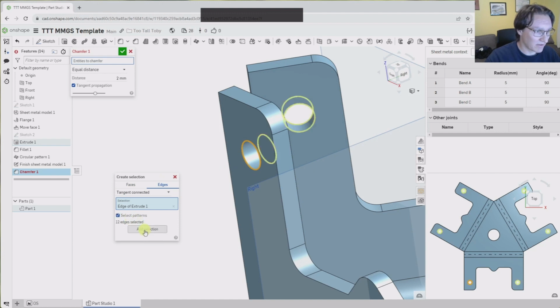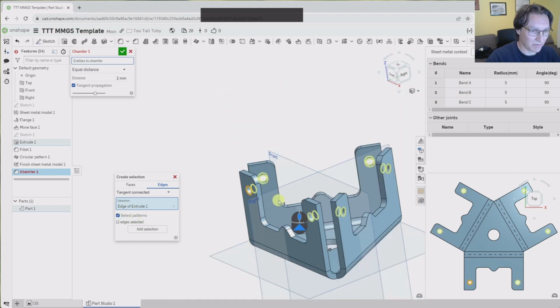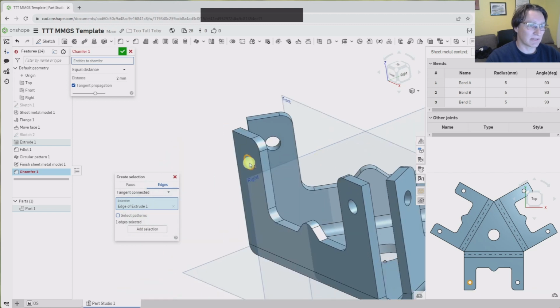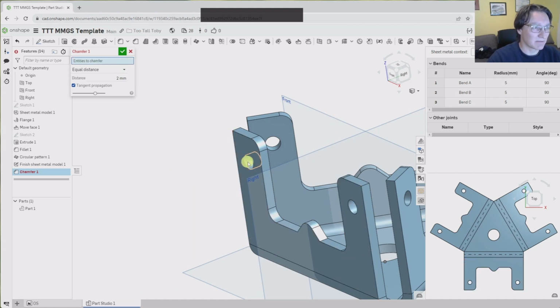Select pattern. So select pattern will look for everything that's the same. Actually, that's not what I wanted. I should have prepared for this. As you can tell, I haven't tried this before. This is very useful, except that it's picking both sides, unfortunately. So it's not really helping me in this case. But I will just do it